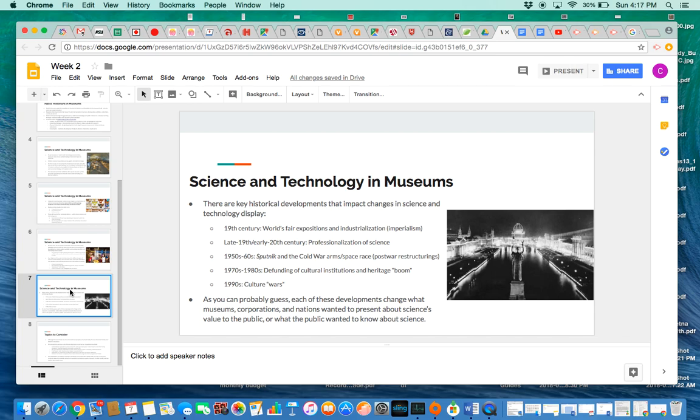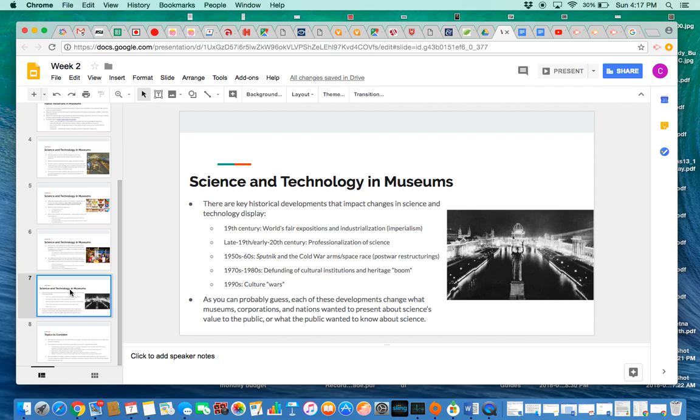So we have kind of two major groupings, which is industrialization in the 19th century, and then Cold War era space race, arms race, Sputnik. So there are things that come out of these developments that you see in these other bullet points here, but those are the two major changes that essentially define what science and technology's purposes are and the changes that they have on society, which are massive changes, right? So when we look at the 19th century changes,